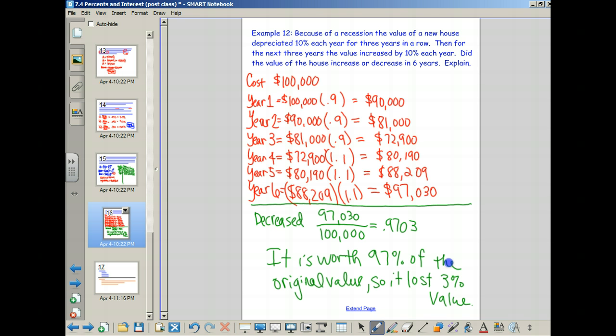And the nice thing that happens when we turn it into a percentage at the end is that it wouldn't matter if I chose to pretend I had a $100,000 house or a $50,000 house or a $225,000 house. The percent at the end when I divide the current cost after 6 years by the original cost will all end up being 97%. Because I was the one who picked $100,000, right? So this is the idea to be able to compare it. You've got something concrete you're working with, a $100,000 house, but then you're generalizing it so that it doesn't actually rely on what you